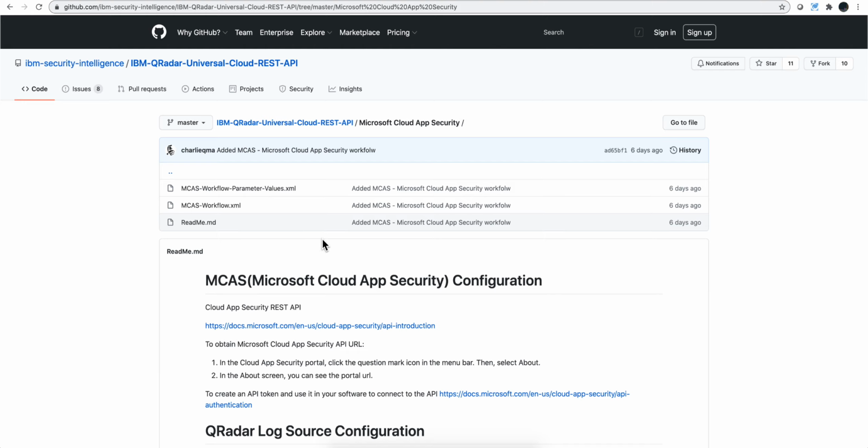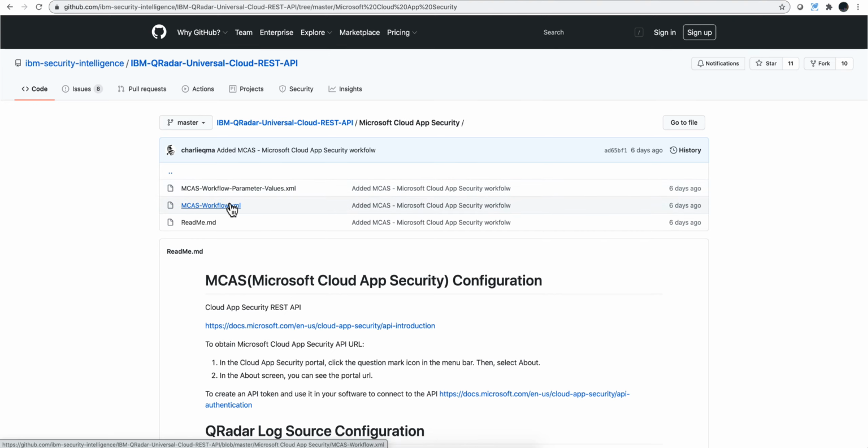It's actually very simple. You find that you need to provide 2 things. One is some parameter values. It's kind of your credentials to retrieve the logs, and also a workflow. We describe the steps that are going to be performed when retrieving the logs. Let's actually show you where you get those two